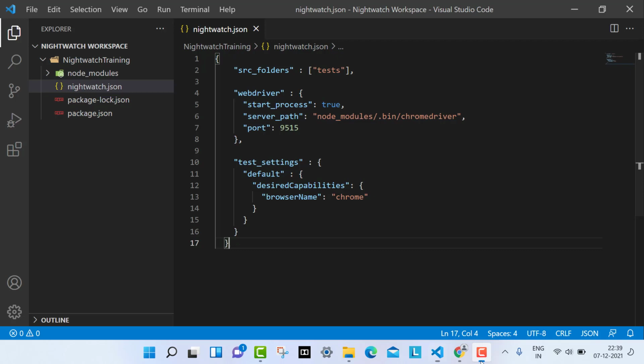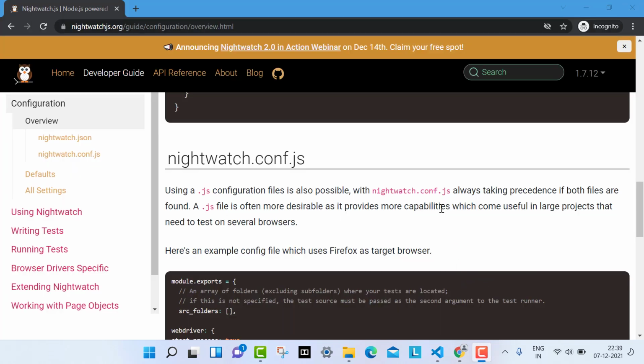The second way: we can create a configuration file using a JavaScript file also, which you have to name nightwatch.conf.js.